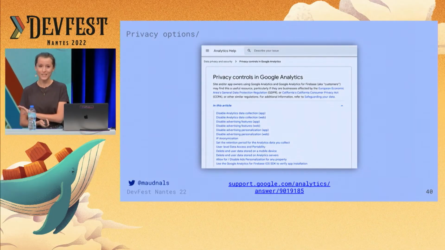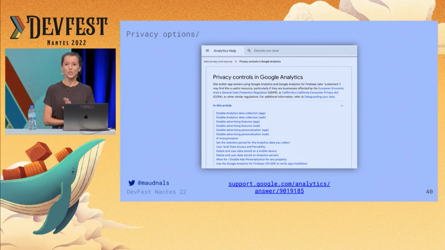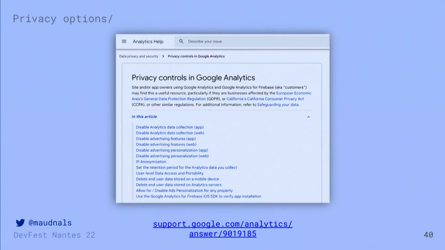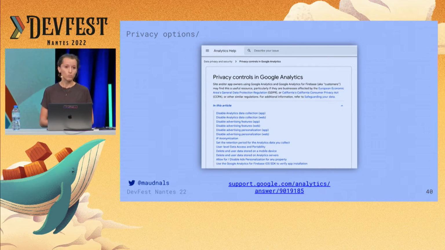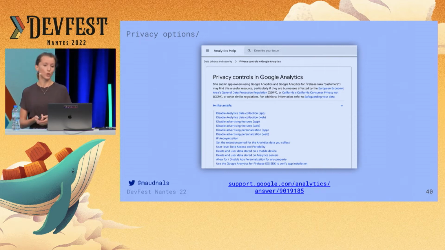One last example, we got to talk about analytics a little bit. Don't worry, I won't get into the details of that one. This is just to let you know that there are lots of privacy controls for analytics. So it's Google Analytics in that case, but I'm sure if you're using a different analytics provider, maybe you have such options as well. So I won't get into this, but there are a number of things you can do. You can configure your data retention. You can disable advertising. So it's worth checking it out, because potentially there are a number of interesting options for you here to look at.